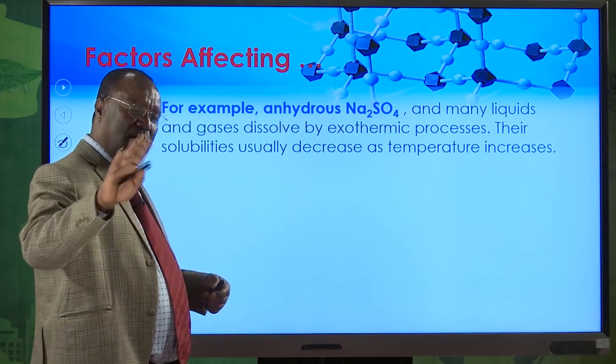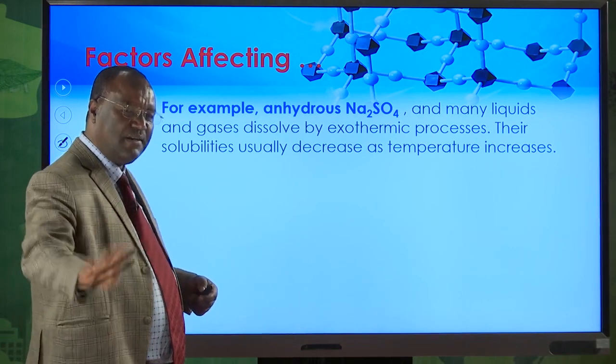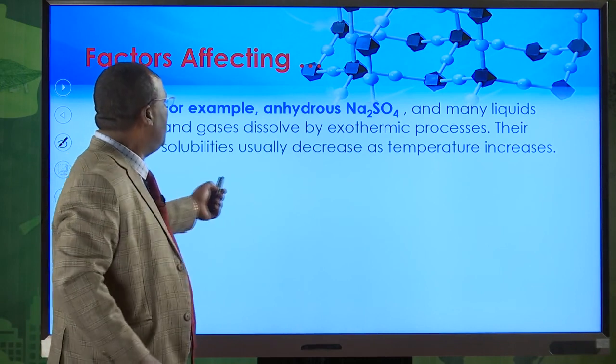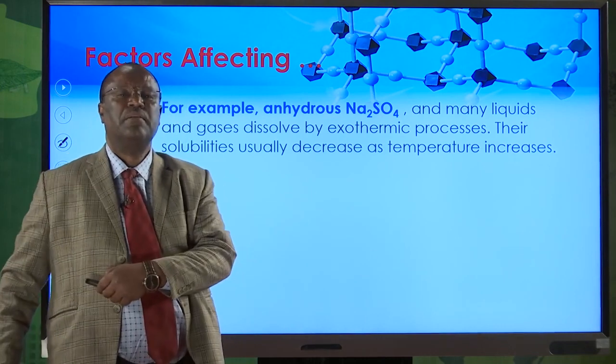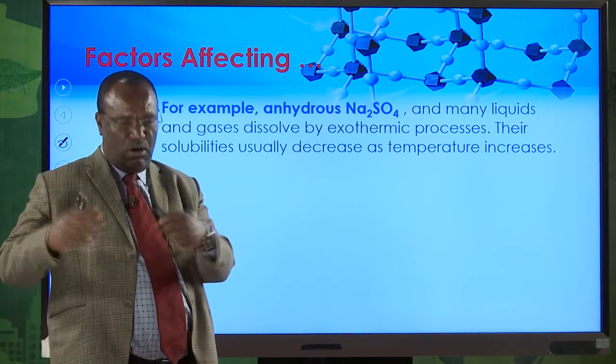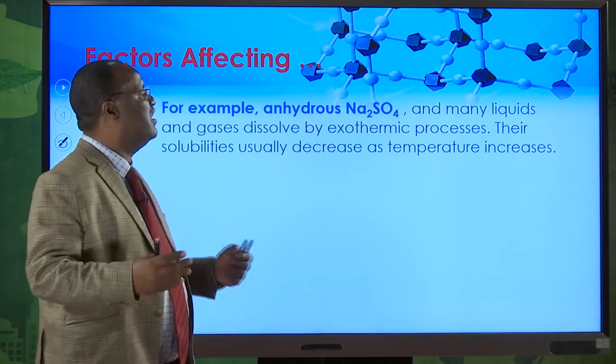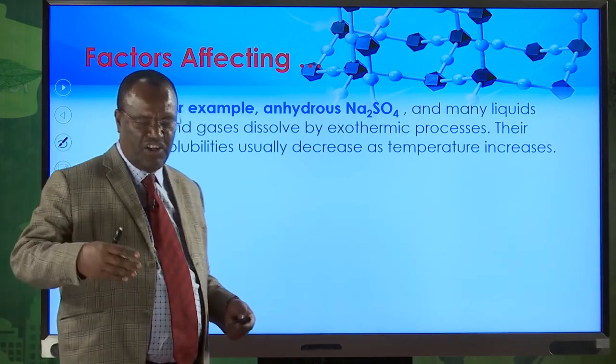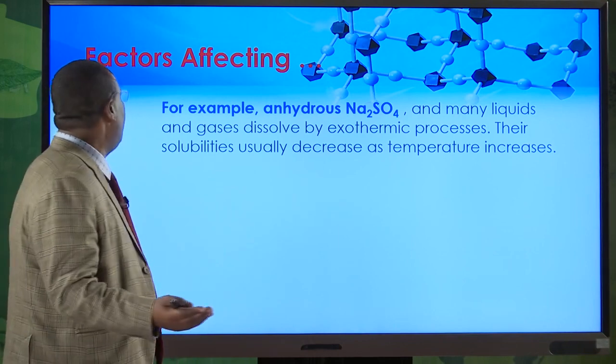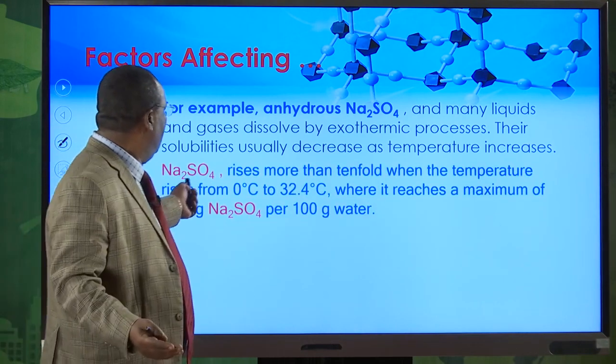This is why the solubility of some compounds decreases as temperature increases. The solubility usually decreases as temperature increases. The overall heat change, or the energy change, is exothermic. Energy is released for some compounds. For example,